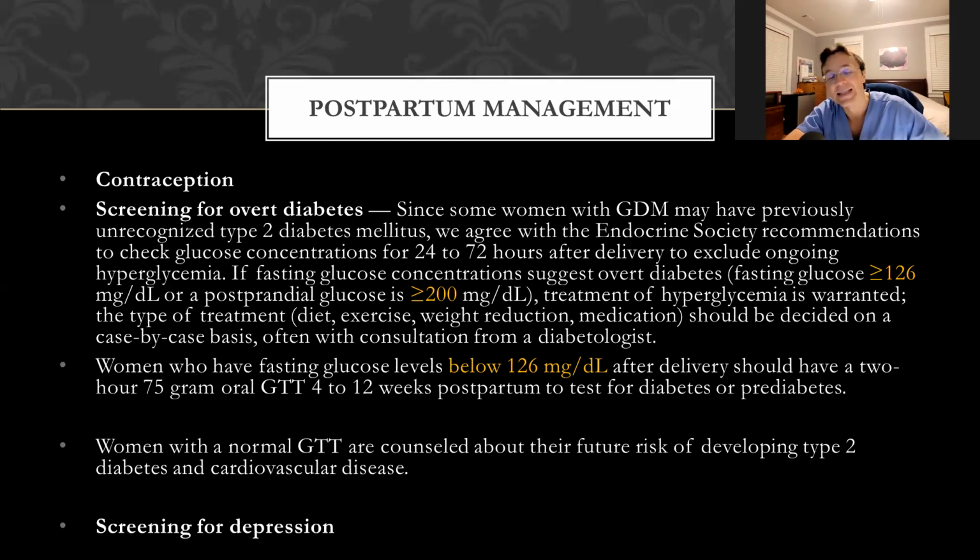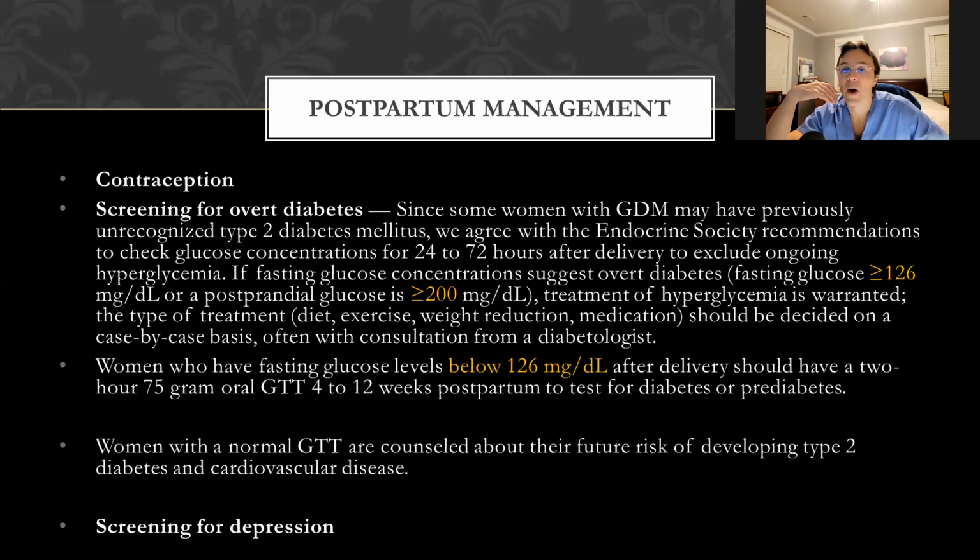And they have two numbers they're looking for. Is it greater than 126? That's the fasting level. Or if you have postprandial glucose that is greater than 200,